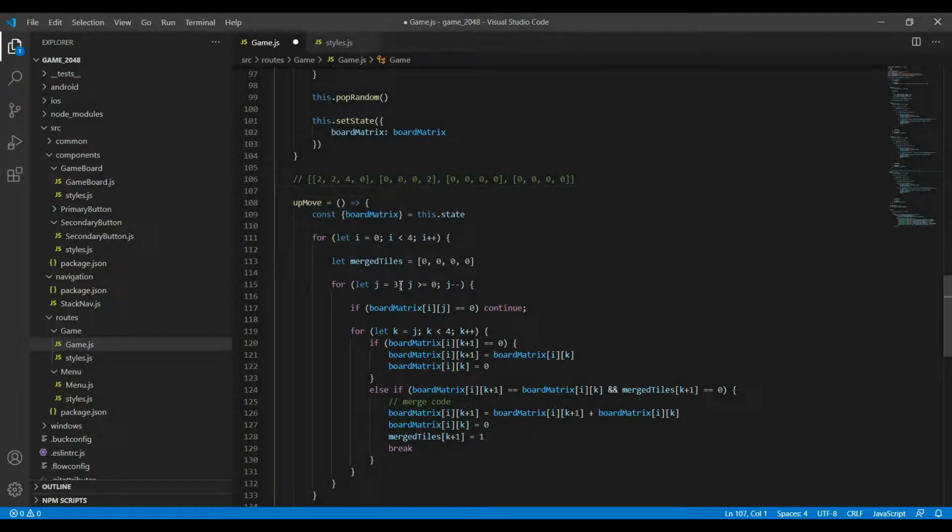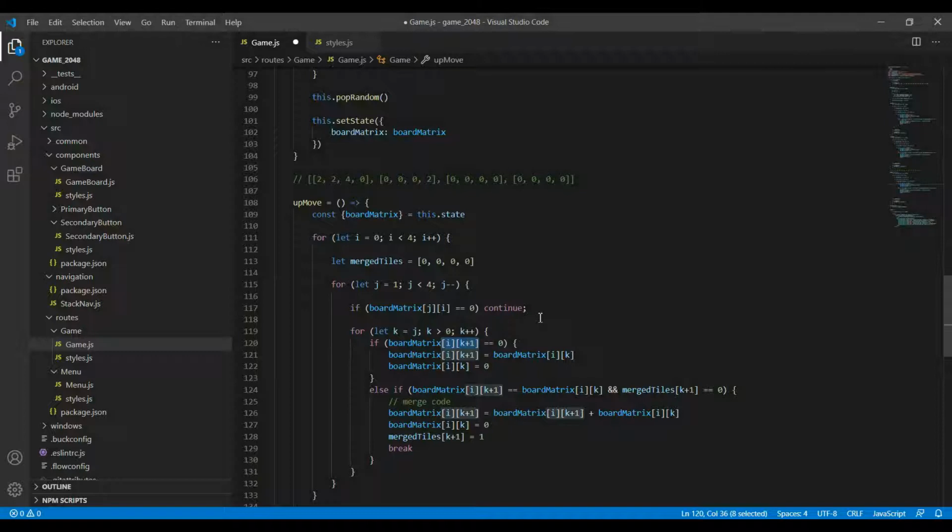So now what I do is I start J from 1 and I take J to less than 4, and as far as K is concerned, it should again be greater than 0 like we had in our left move. And wherever I have I comma j or I comma k, what I want to make it is j comma I, because we flipped what the meaning of I and j is. And here as well, let's change this. I'll also have to change the k plus 1 to a k minus 1, because this is the up move